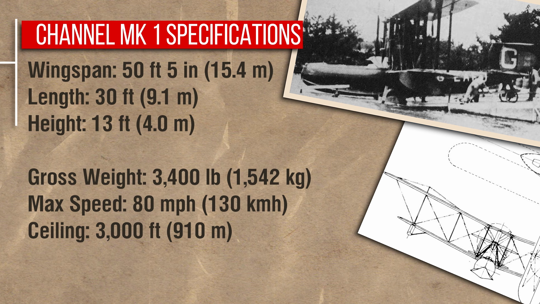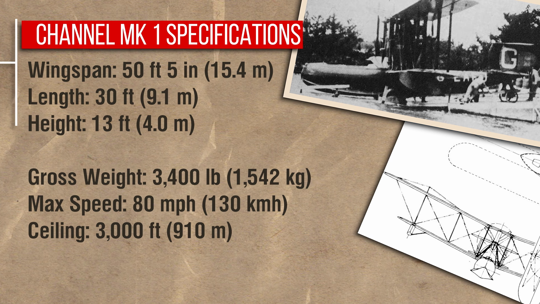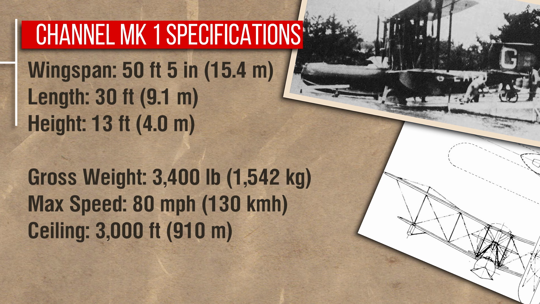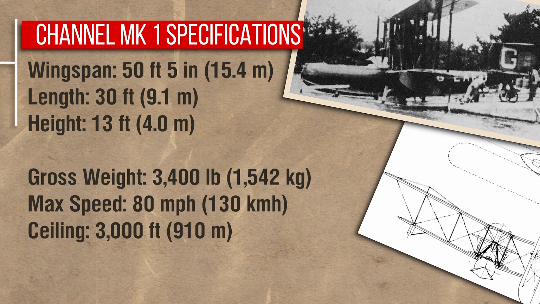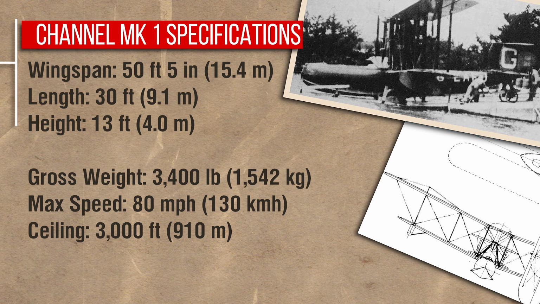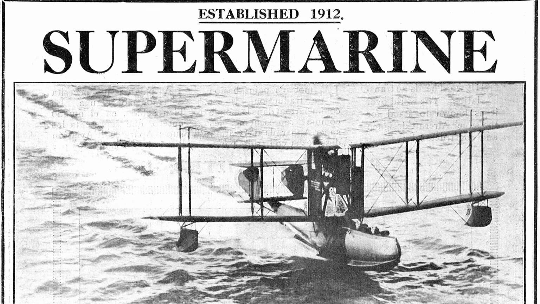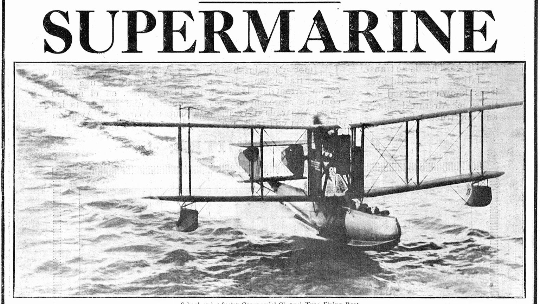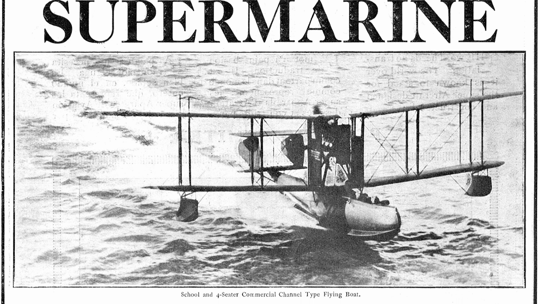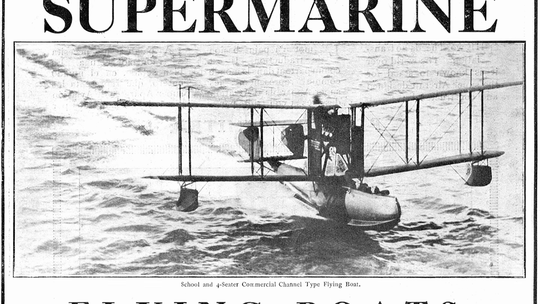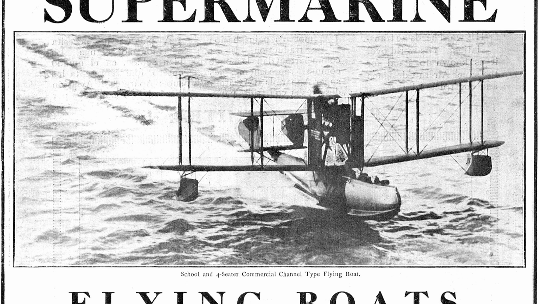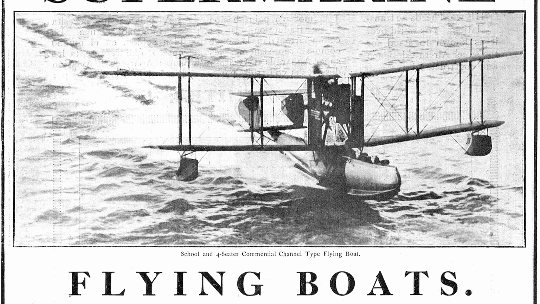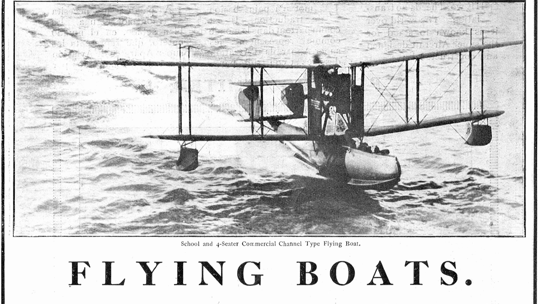As soon as the first Certificate of Airworthiness was granted, which was July 23, 1919, Supermarine began using the Channels for joy flights, and they also set up their first passenger service, running from Southampton to Bournemouth. Things developed quickly after this, and by the end of 1921, the Channels were operating multiple routes, both domestically and abroad. To cover their entire use and history is well beyond the scope of this video, but I will quickly cover it in a general sense to give an impression of just how much these aircraft achieved in a relatively